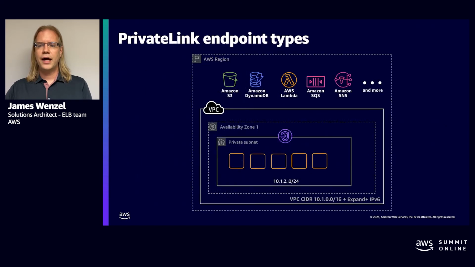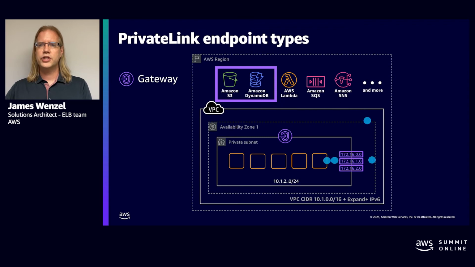So the other type is the private link. Remember, that uses NLB if you're setting up yourself, but private link can also be attached to some of the public services. You'll remember in the first slide, I had some of these public services available, and there's 2 different ways to do it. There's the gateway endpoint, which basically makes a change to your routing table. So when you enact a gateway endpoint, there's nothing else you have to do. Everything inside your VPC will automatically use the routing table to communicate.